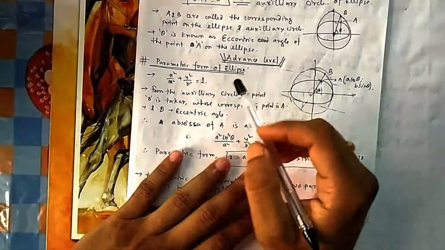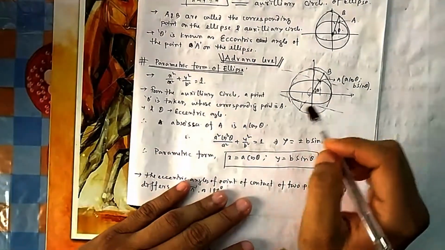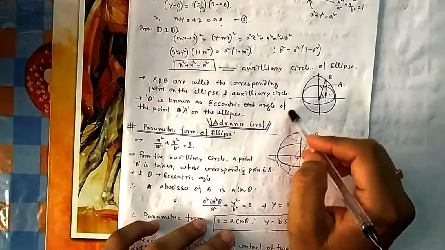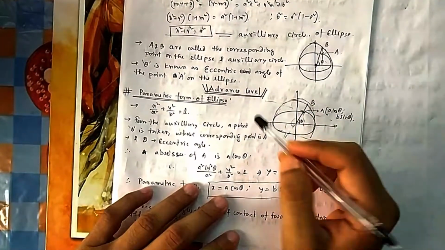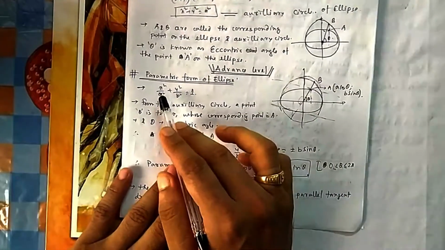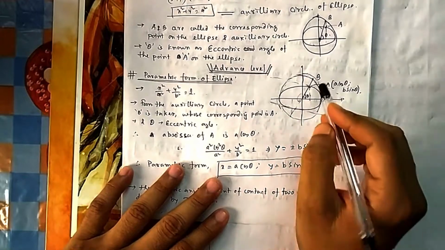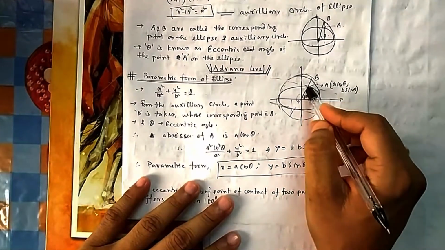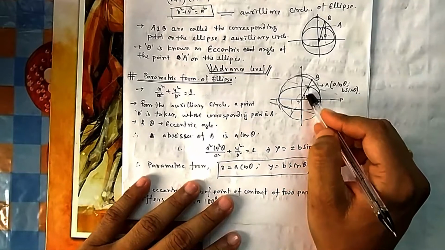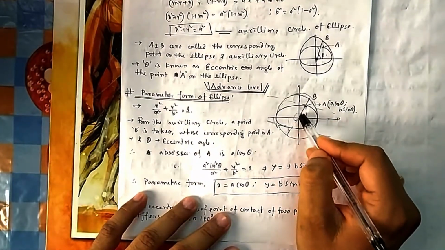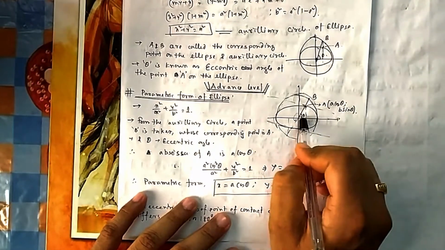Okay students, the topic is the parametric form of an ellipse. For the parametric form we will take help of the auxiliary circle and eccentric angle that we did in our last article. The given ellipse is x squared by a squared plus y squared by b squared, the inside one is the ellipse. Suppose you have a point A, so the corresponding point of A is this B, which is directly above A on the auxiliary circle. This is B, and the corresponding angle of B is theta, which is the eccentric angle.